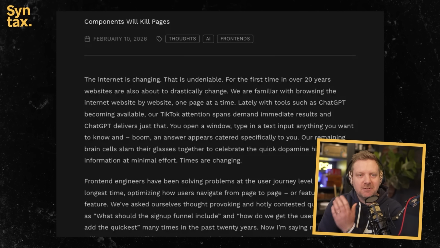All right, next one we have here is a blog post from Braden Wilmoth. He's a dev at Cloudflare. It says, components will kill web pages. So I thought it's a really quick read, and we'll link it up so everyone can go and read it themselves. But it's essentially just doubling down on the fact that we don't build web pages anymore. For a long time, we haven't really built web pages. We've been building components, right?